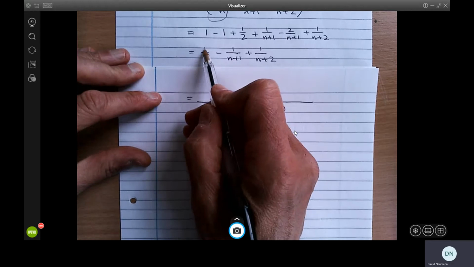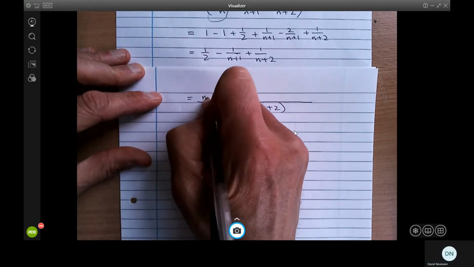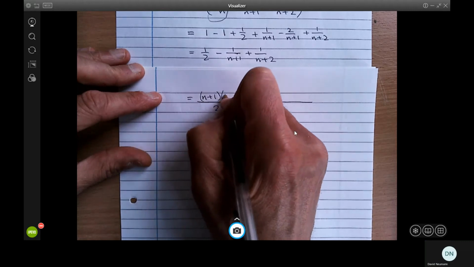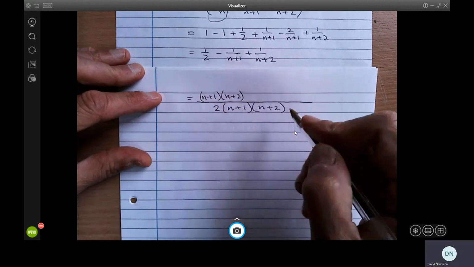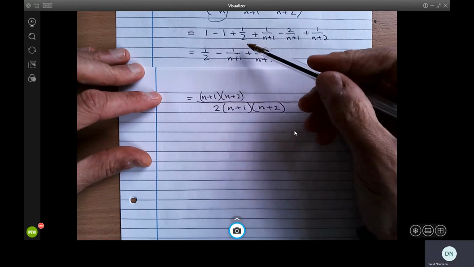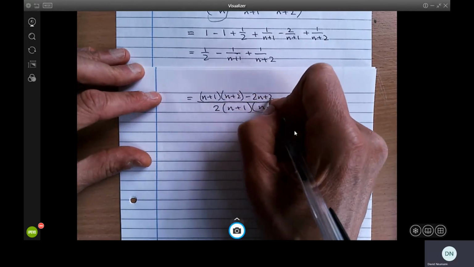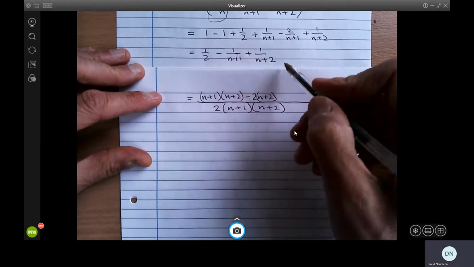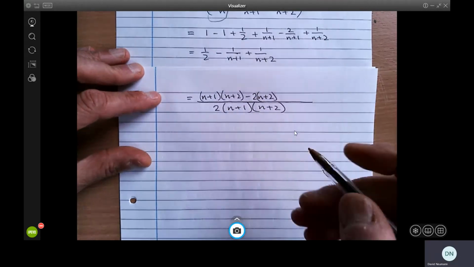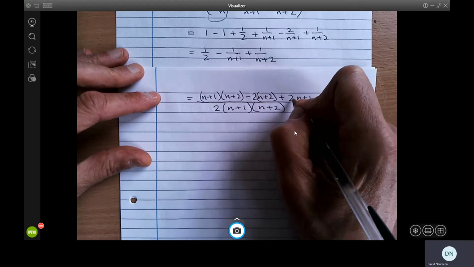Well, we need to multiply top and bottom there by n plus 1 n plus 2. Top and bottom here by 2 n plus 2, so minus 2 n plus 2, and here by 2 n plus 1, so plus 2 n plus 1,